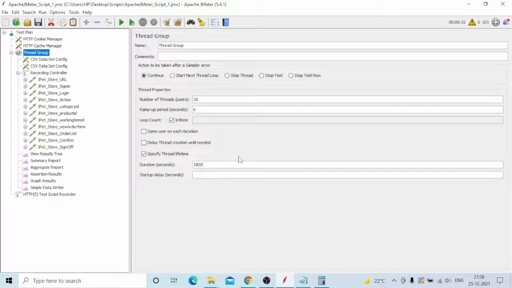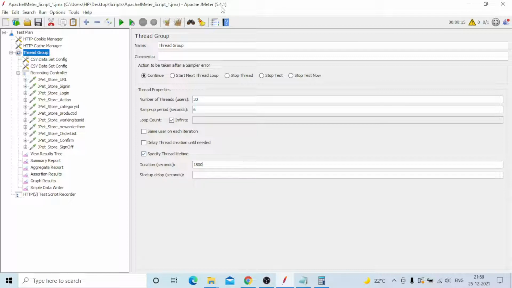I will show you exactly how we need to execute and what the clients are looking for. You need to set up total threads as 30 users and ramp-up as 6. Okay, 30 by 6, you need to calculate how much time it becomes. That many seconds, one user will be executed. You need to select infinite, and only then will the duration be applied.